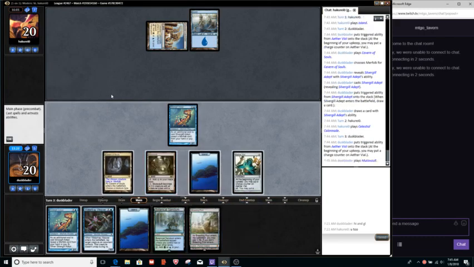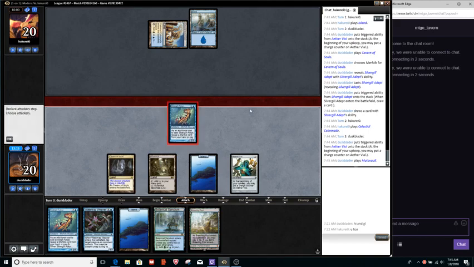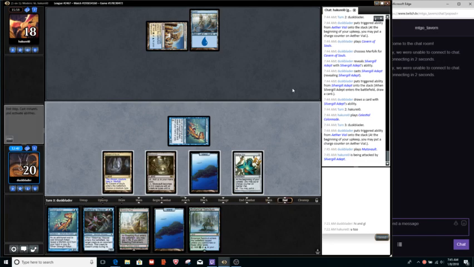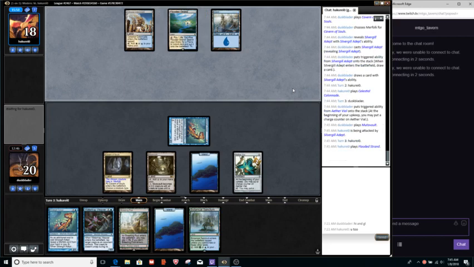Play out a Mutavault. So is there a reason to vial this in? Is there something I would want to draw here that... I don't think so. This is a problem with playing against control, is you don't know the hands that have Supreme Verdict, the hands they don't, etc., etc. So...